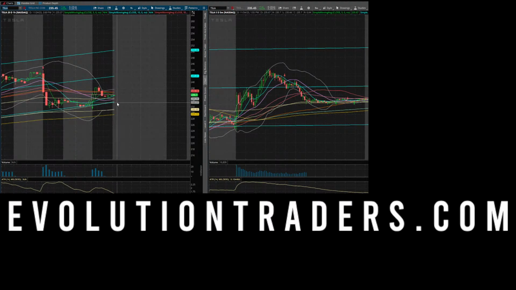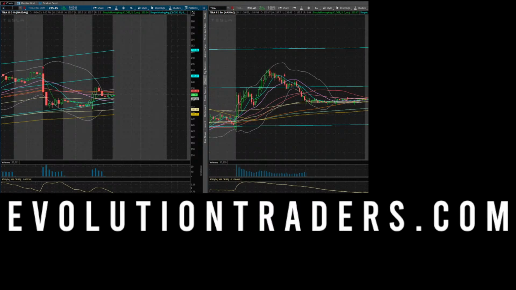So what I'm looking for to the downside, 233.27, I've got room into 231. But if I do start to close below 229, I've got a lot of room. Tesla could really flush below 229. To the high side, what I'm realistically looking for is some type of close over 237. And then I would like to see 238.81 get confirmed. I've got room to 241. That's where I'm going to look to take profits.